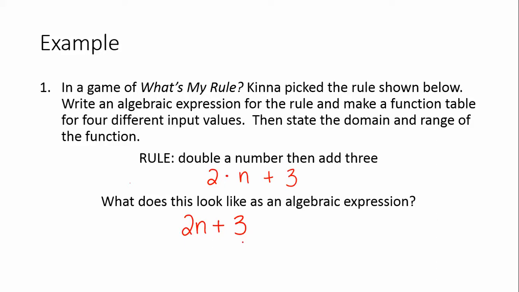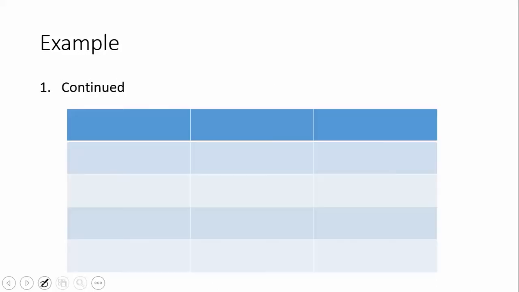Next, we need to make a function table for 4 different input values and state the domain and the range of the function. So first, in the first column, we're going to write the input, or the x values. And it says to pick any 4 x values, so I'm going to pick easy ones: 1, 2, 3, and 4. Then we need our rule. What are we doing to those input values? Well, we're multiplying by 2 and then adding 3. And in the last column, we get our output,